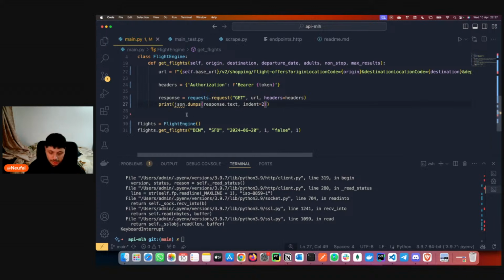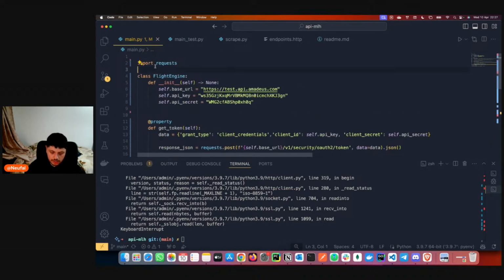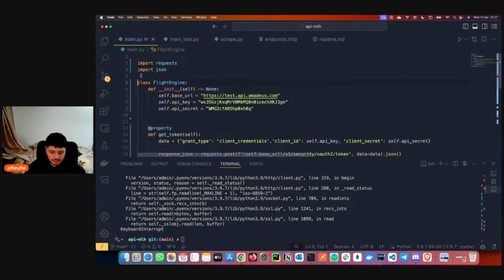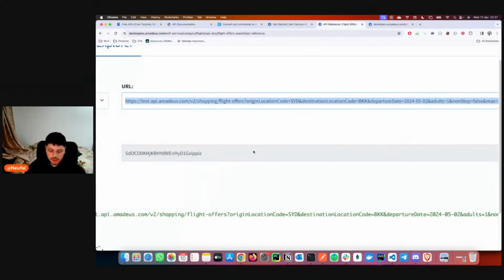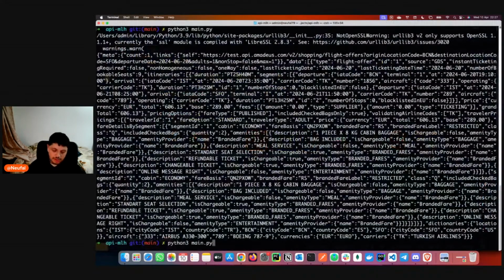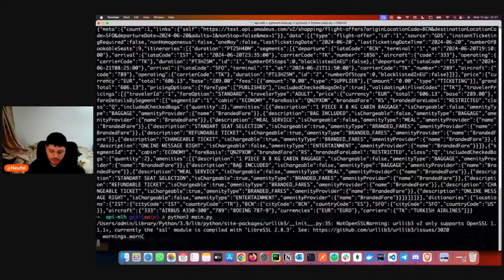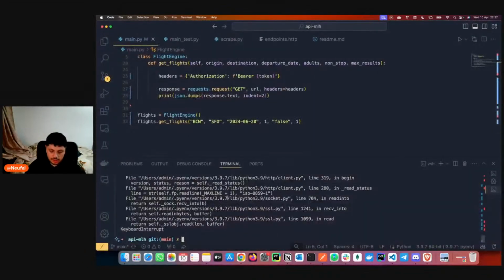So this apparently should work. Let's import it. Import JSON, I assume. Maybe it's not, but let's assume. We keep assuming things. Assuming is beautiful.